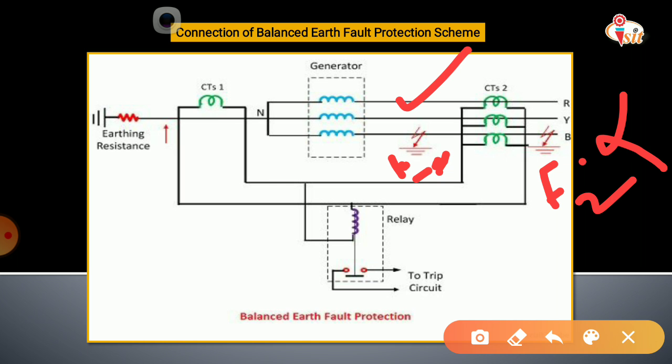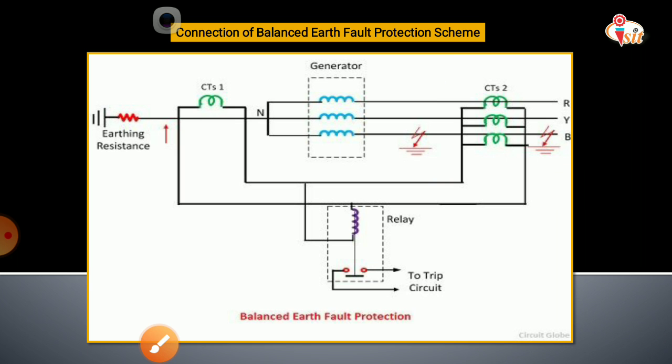So this is the constructional details and the working. It has some drawbacks. So if the fault occurs near the neutral terminal, or when grounding of the neutral is connected through a resistance or a distributing transformer, then the magnitude of the fault current flowing through the secondary of the CT becomes small, and this current is less than the pickup current of the relay. Thus, the relay remains inoperative and the fault current continues to persist in the generator winding, which may be highly